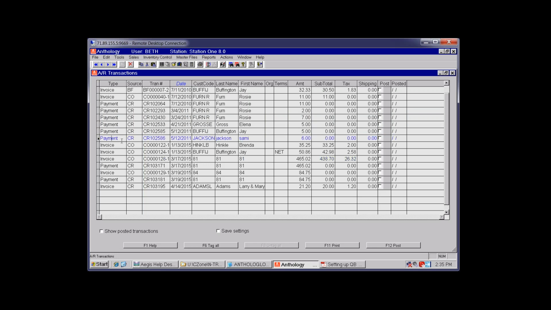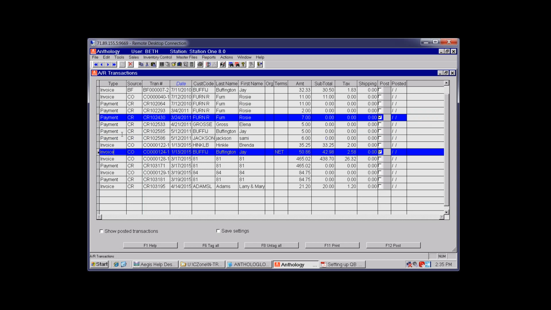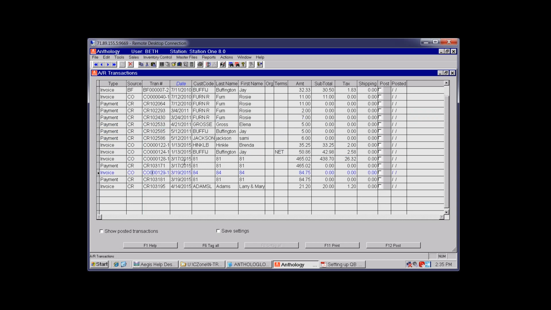But you can do that control single left click if you wanted to pick and choose what transactions. Let's maybe do the one we just did today for Larry Adams. I've tagged just that one transaction. Maybe you want to print that first round until you know you've got the whole process smooth, but I can